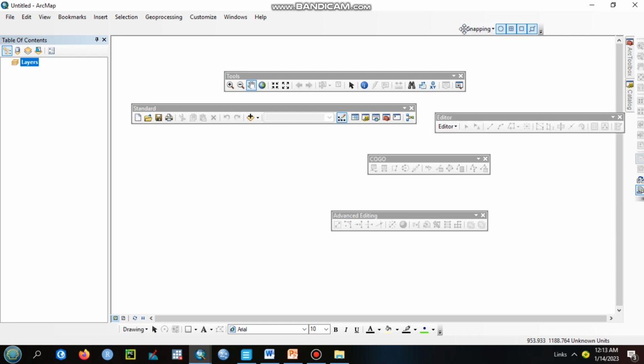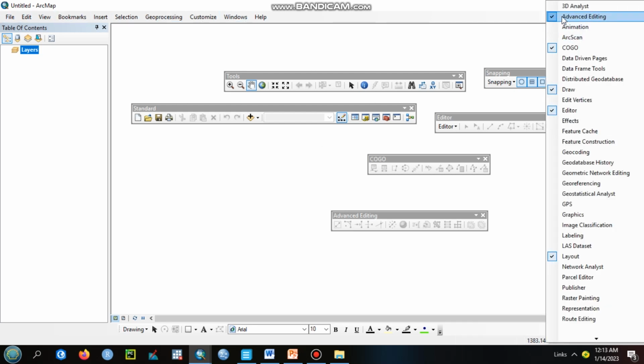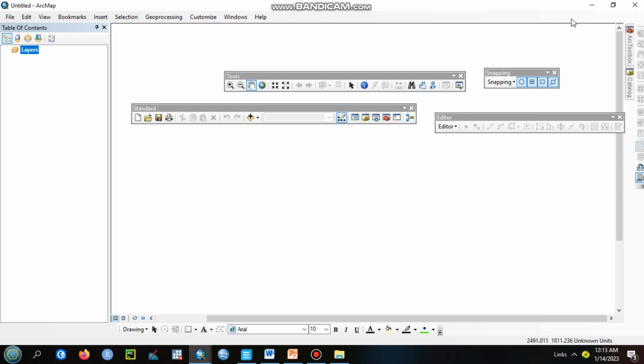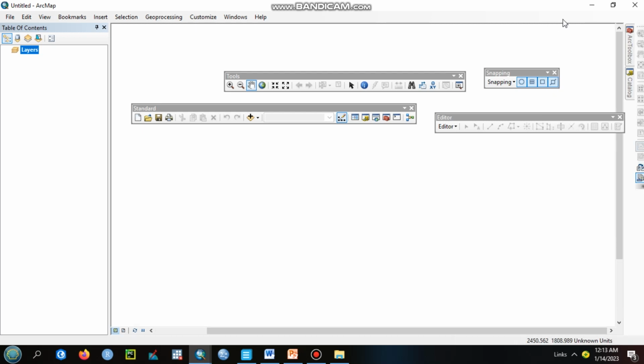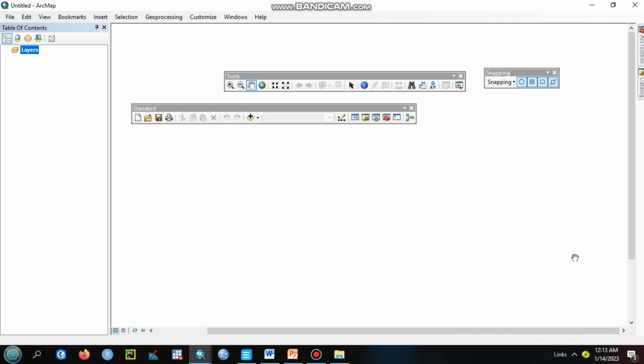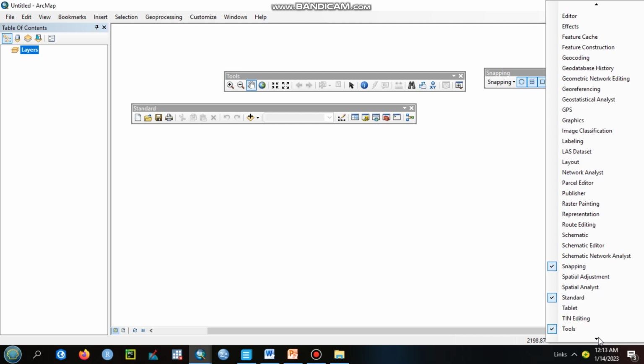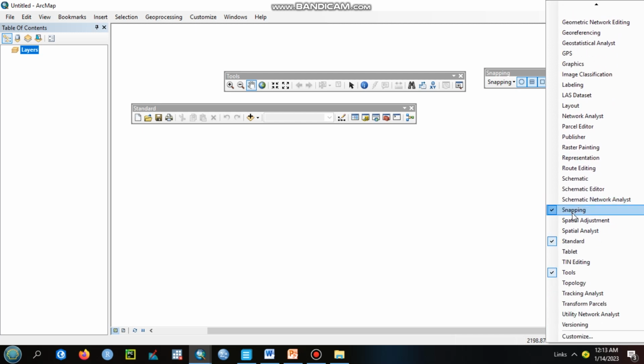You see, all these except the standard toolbar are brought through this modality. If I uncheck this one, if I deselect all the tick sections of the toolbars, if I right click, move downward, and deselect this one,